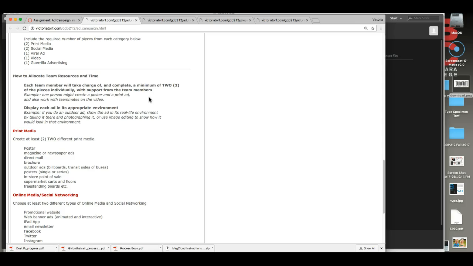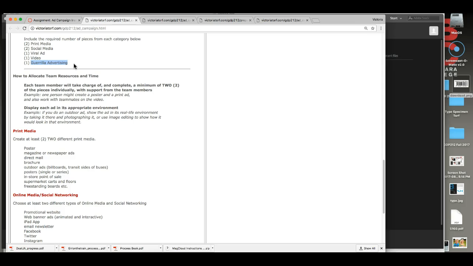So you'll also include in your campaign social media. That would mean Instagram, Facebook, tweeting, whatever it is that you can use, hi Julia, whatever it is that you can use the same theme, the same brand in social media. You'll create a viral ad, which would be from social media, or a video or something, which is often similar to